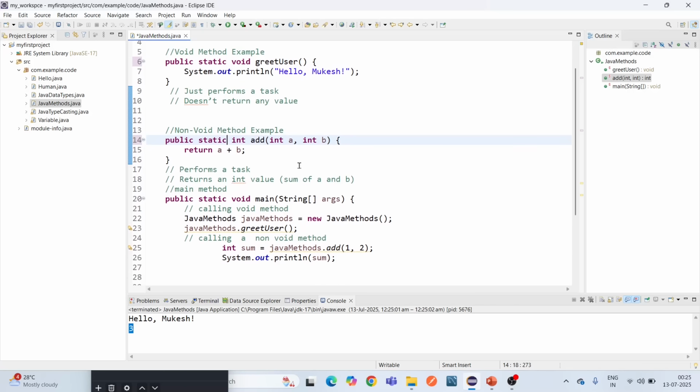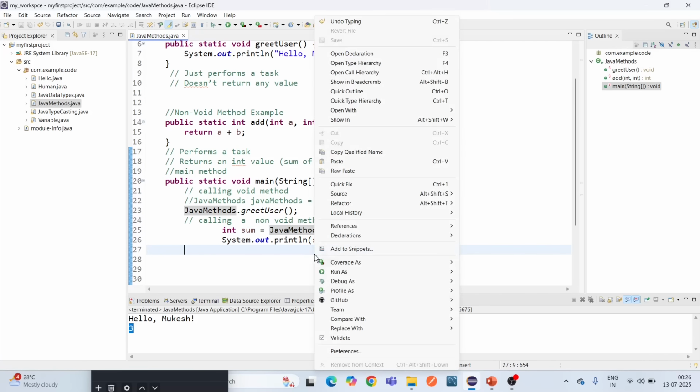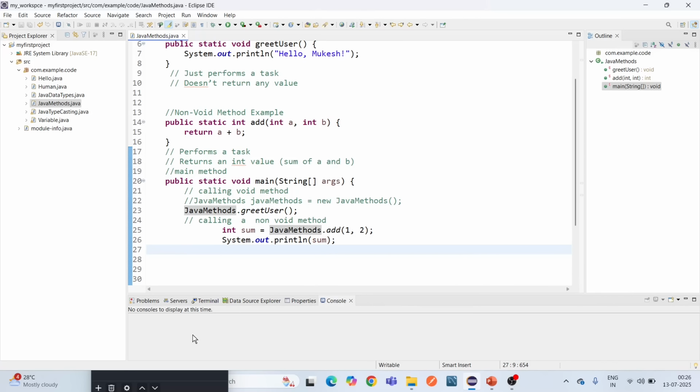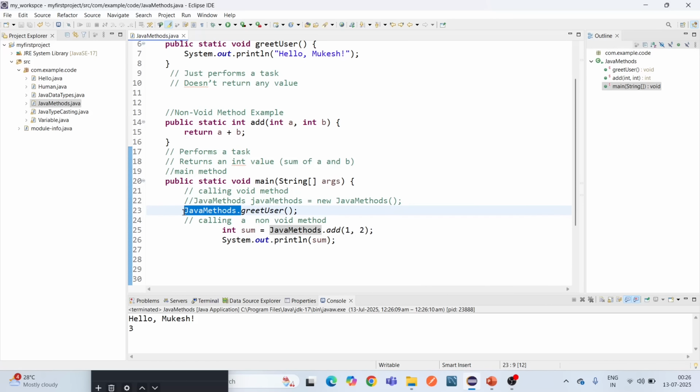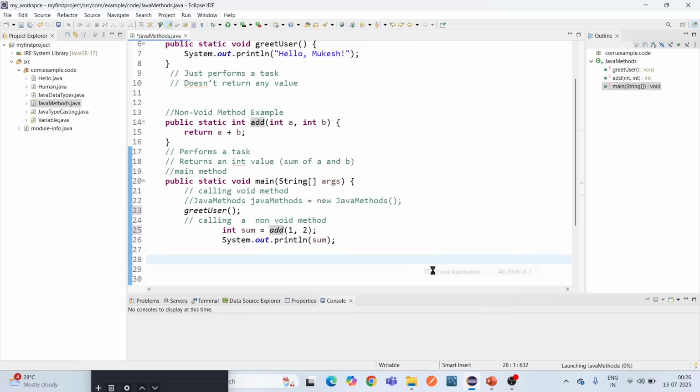So we don't need any object in order to call these two methods. We just have to use the class name. So what we have done, we have just replaced the class object name with the class name. Now when we run this as a Java application, we can see there is no difference in result. Here we are in the same class, so we don't need to use the class name to call the static methods or variables. So we remove the class name from here and we run this as a Java application. We can see here there is no difference in result.